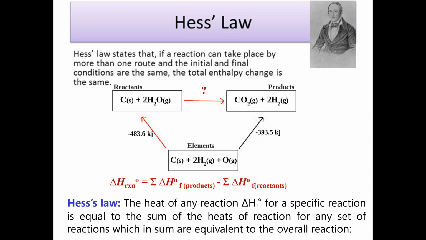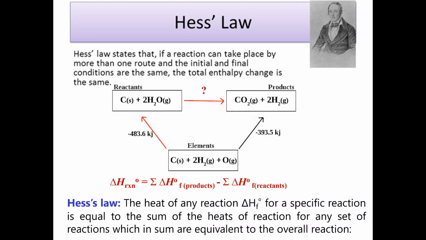And we can use these when we calculate, or we can use Hess's law to use these to calculate delta H for a reaction. Okay, so what Hess's law states is that if a reaction can take place by one or more routes, and the initial and final conditions are the same, the total enthalpy change is the same. Okay, so what we mean is,